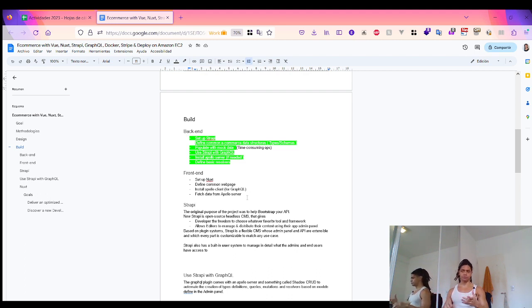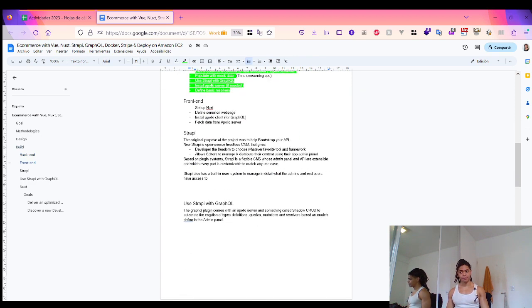Okay, so I set up Strapi. I also defined the common data structures from an e-commerce, whether it's products, order items, reviews, and then I populated that with mock data, which was time consuming, and now I use a GraphQL plugin in Strapi. And the great thing of this is that the plugin